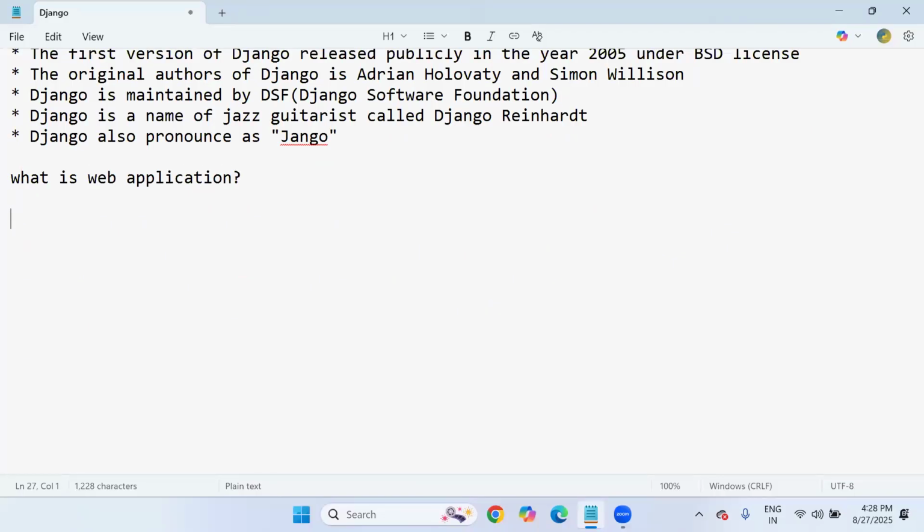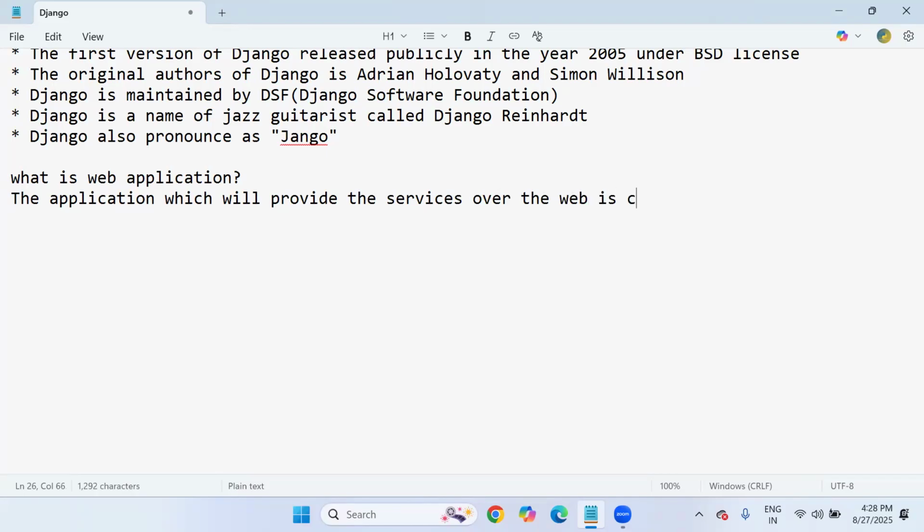What is a web application? Very simple. The application which will provide services over the web is called a web application, right?